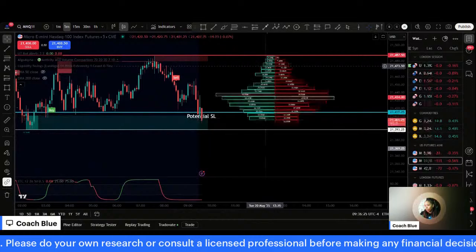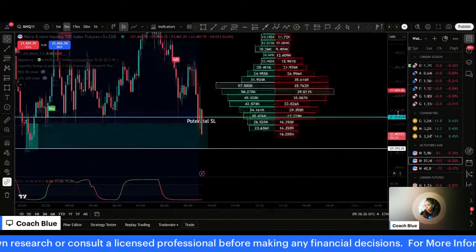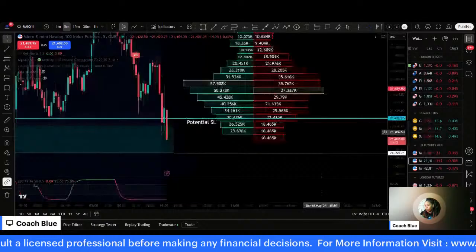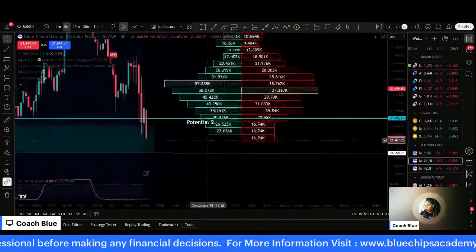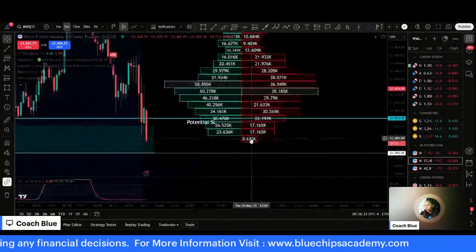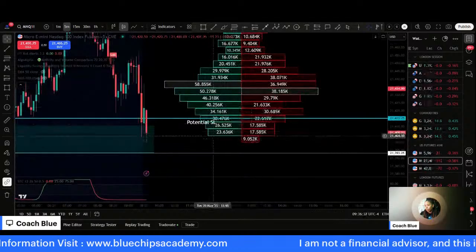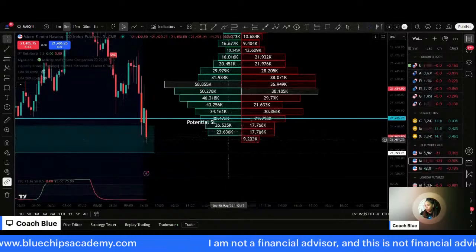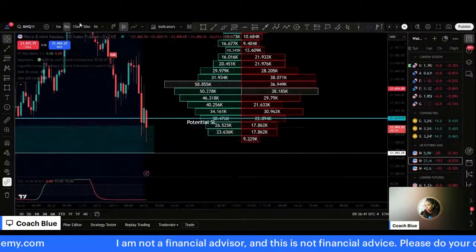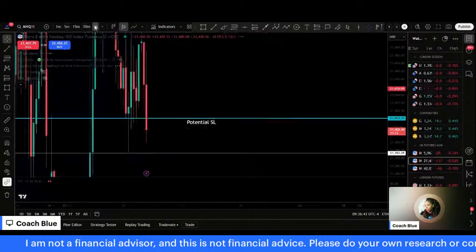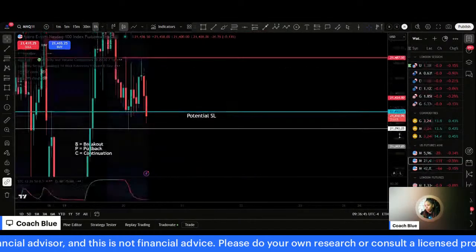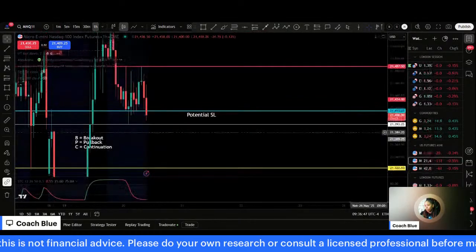This is kind of like a little confluence to see what we are looking at right now. We can see that there are more sellers coming into play here. Past this level right here, there aren't too many buyers. There aren't any buyers here. Let's go look at it from a higher time frame. I like to look at it from the 1 hour. The 1 hour really paints a clear picture for me.